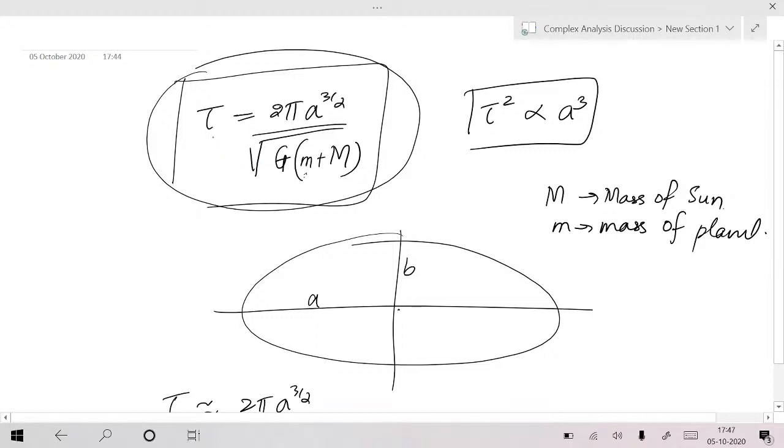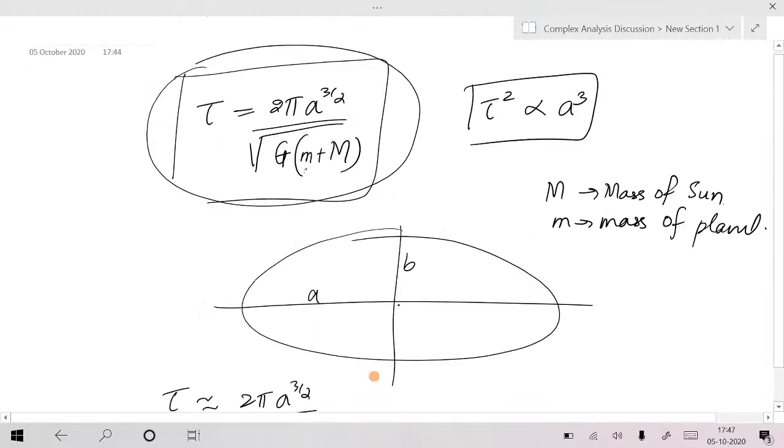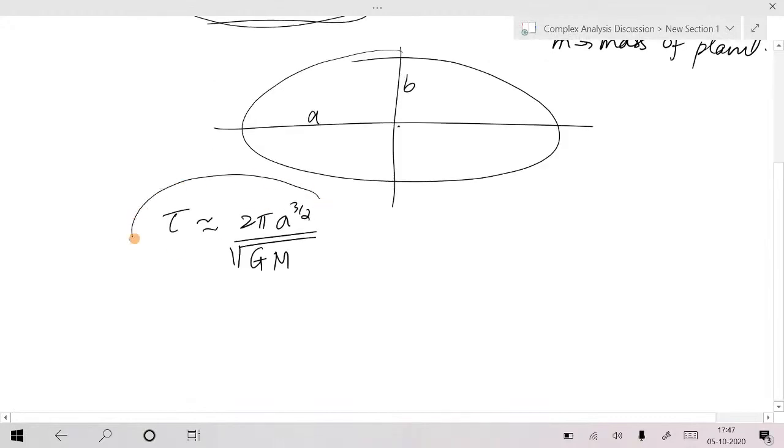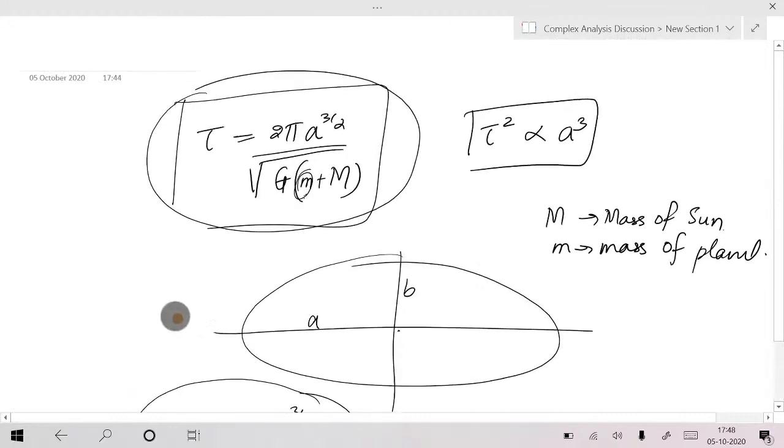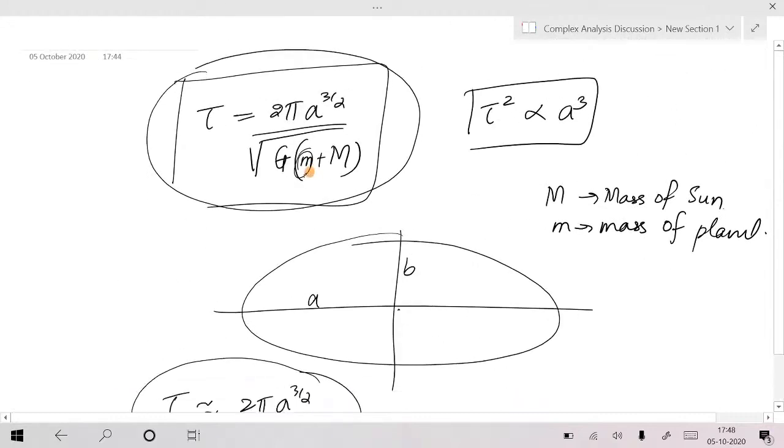This is observed also. But again, the role of this mass of the planet is quite low, because this is the mass of the sun, this is the mass of the planet, you know what the ratio is. That's why we write time period nearly equal to this one. Again, the role of the mass of that planet is quite low. In that approximation you can say that if the semi major axis is the same, the time periods are almost the same. But nowadays we have accurate measurements that can show the effect of this small mass.